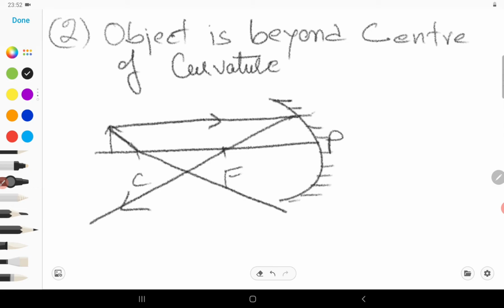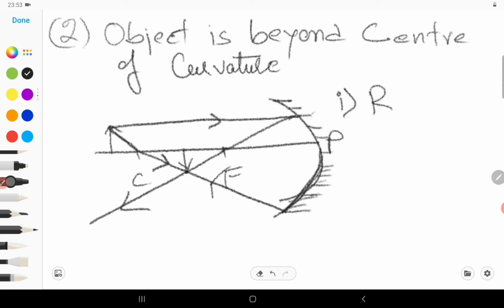Okay, so my mirror needs to be a little bit longer. So this is my mirror here, right? So when you draw it in your exercise book, please draw it properly. Then any ray passing through the center of curvature needs to get reflected back along the same path. So here the rays are meeting, thus I am getting one inverted image because it started from the tip of the object. So this is the ray diagram, and the nature of the image will be: